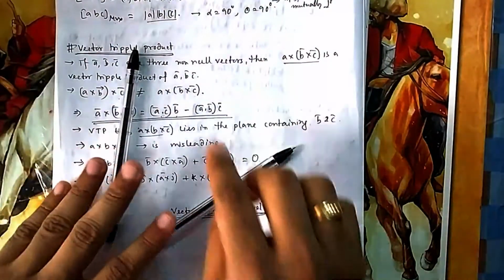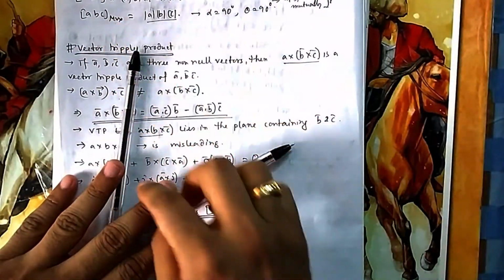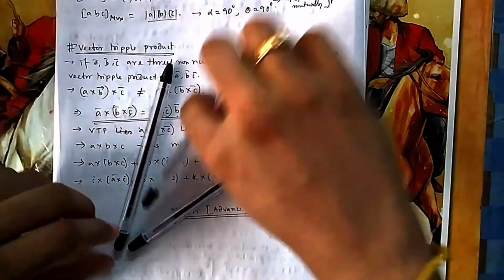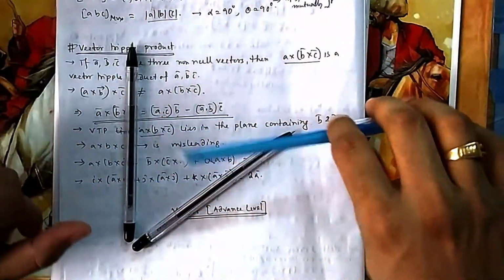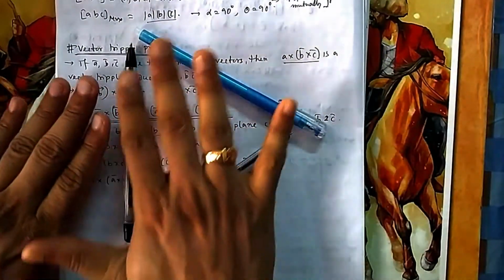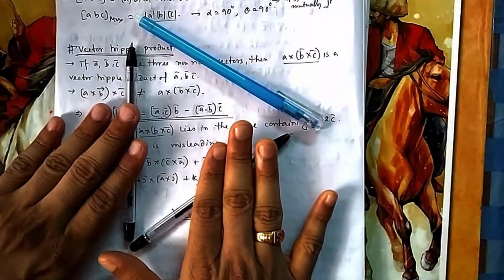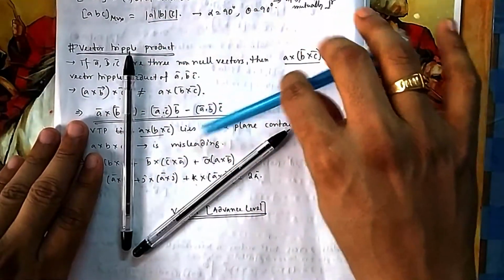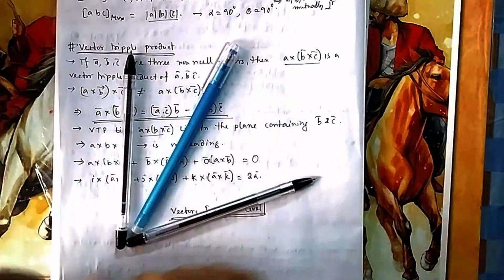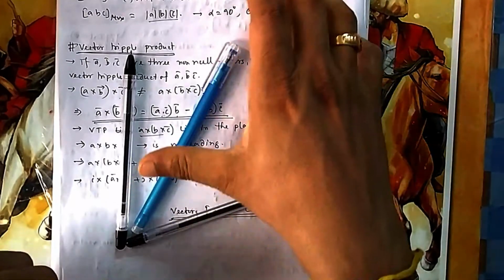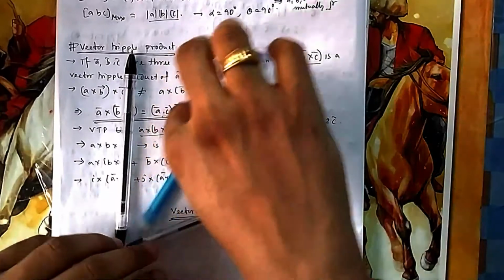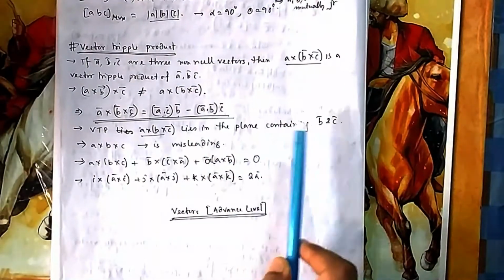Or if it is added, then what will this vector be? If it is B, if it is C, then the addition will be this one. If you subtract, you will get this one. So all are in the same plane, the plane where B and C lie. If it is a sum, or suppose negative, then also you will get a vector in this plane. If you do some combination of B and C, it can be longer, it can be smaller, but the plane will be the same. So VTP lies in the plane containing B and C.